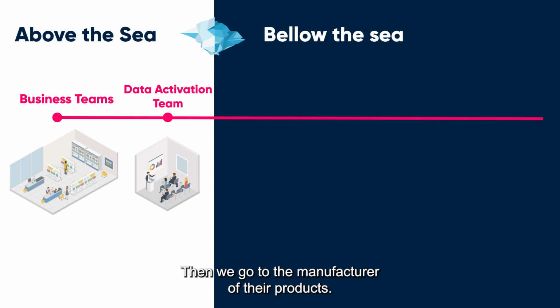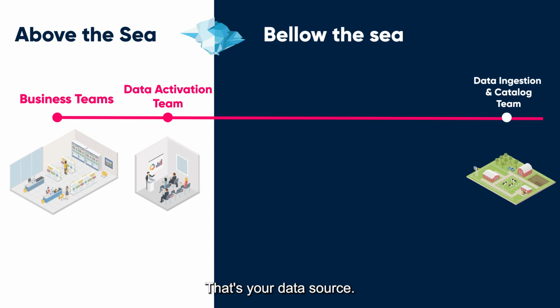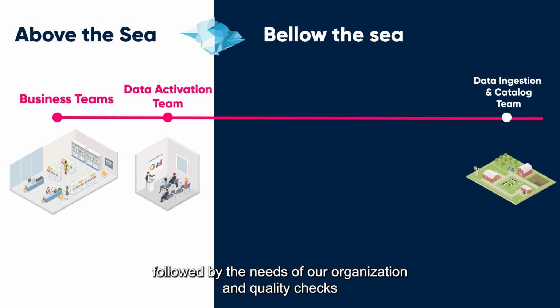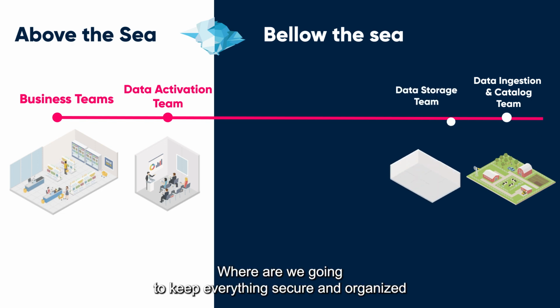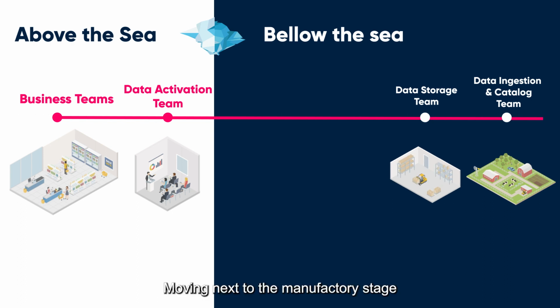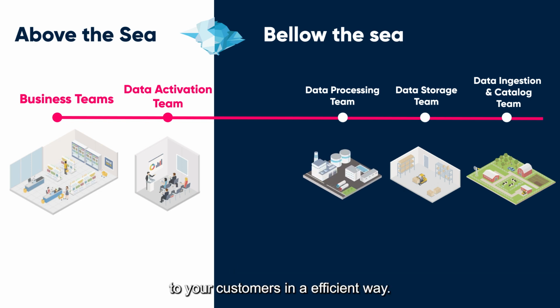Then we go to the manufacturer of that product. Like any supply chain, you start from your raw materials, that's your data source. You can buy this data from your suppliers or mine it from your systems. This is followed by the need for organization and quality checks to ensure that this raw material fits your standards. Then you send this to your stock, where you keep everything secure and organized. Moving next to the manufacturing stage, where you refine and create your product, and finally ship it to your customers